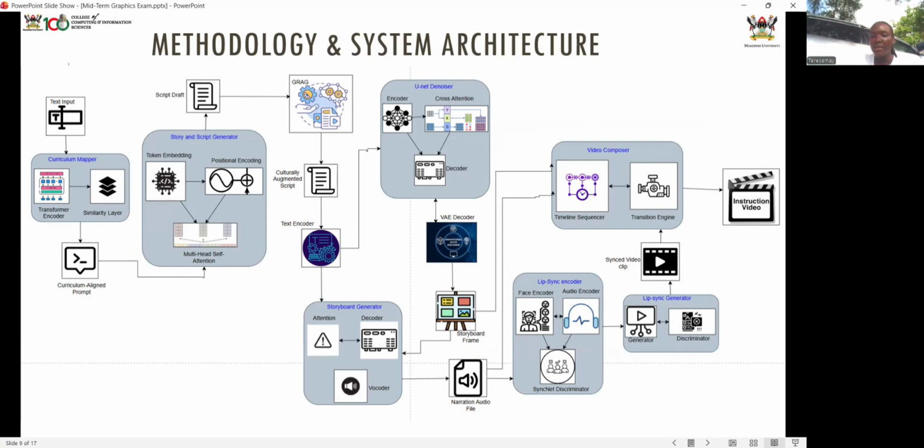This system architecture is a multimodal, multi-agent system architecture with different modules at different stages, which do different kinds of tasks and generate output that is fed to the next model to continue with the process. So then after the curriculum aligned prompt, it is fed to a storyboard and a story and script generator, after which we obtain a script draft. The script draft is passed through GRAG,